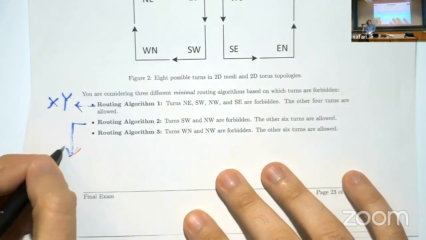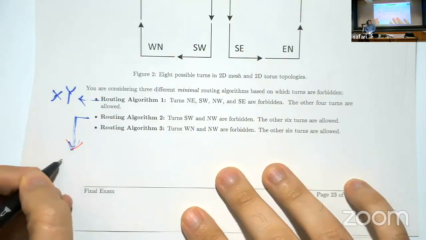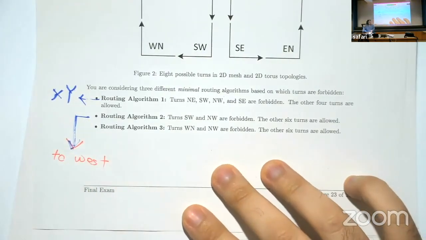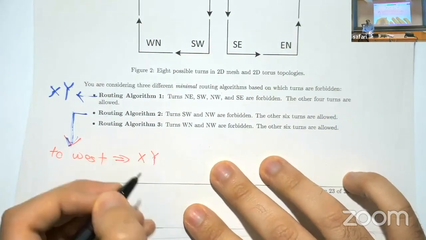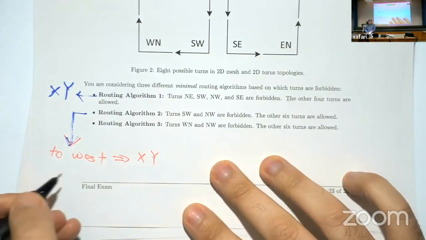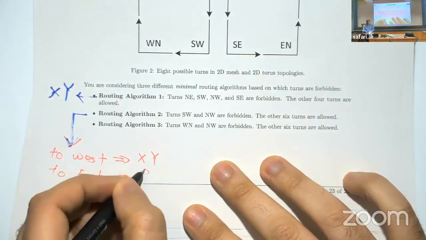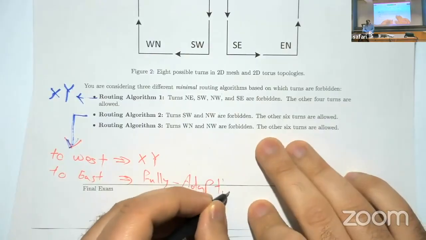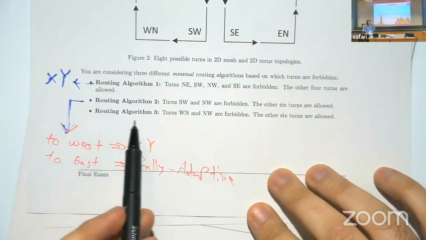So this routing algorithm, meaning that if the destination is to the west, you can consider it as XY routing. But if you are going to the east, the routing is actually fully adaptive. Is that clear? Okay. And the third routing algorithm